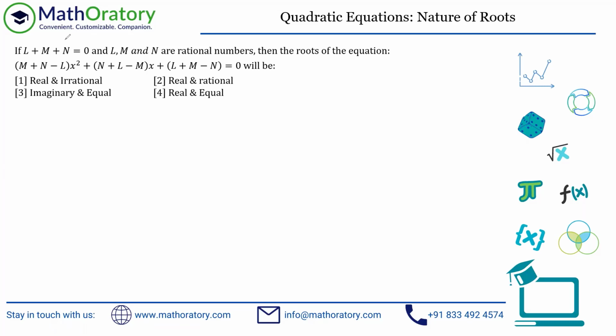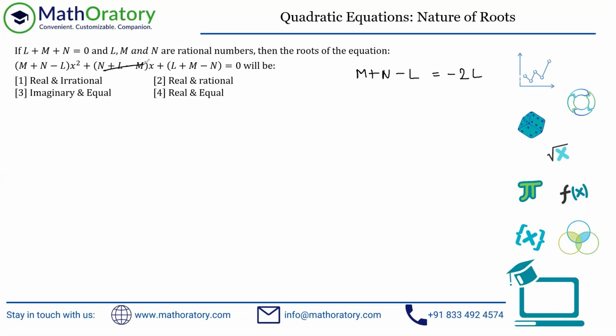It's not tough to solve, because if you look at the quadratic that is given, I'm going to do this a little separately, the simplification, so that you understand it very easily. For example, the first coefficient, of x square, is m plus n minus l, right? Now, from this expression, you should be able to identify that m plus n is nothing but minus l. So I can replace this m plus n by minus l, and this entire thing comes out to be minus 2l. What I'm trying to do is reduce each coefficient to a single variable.